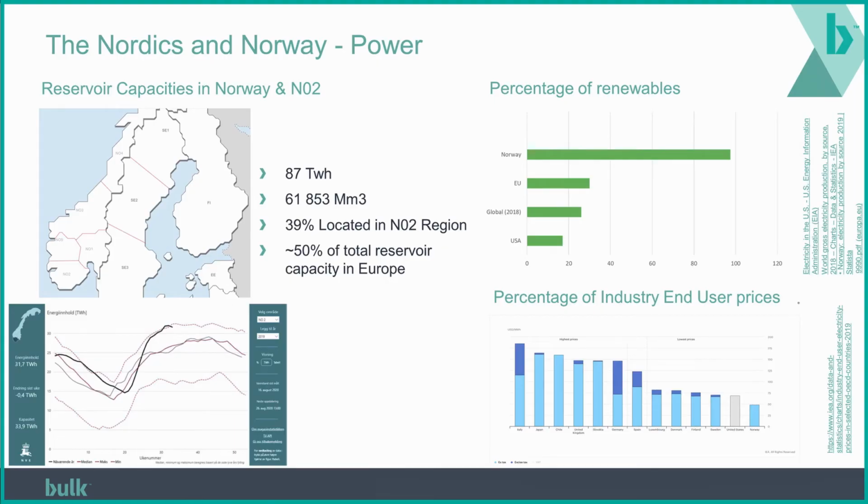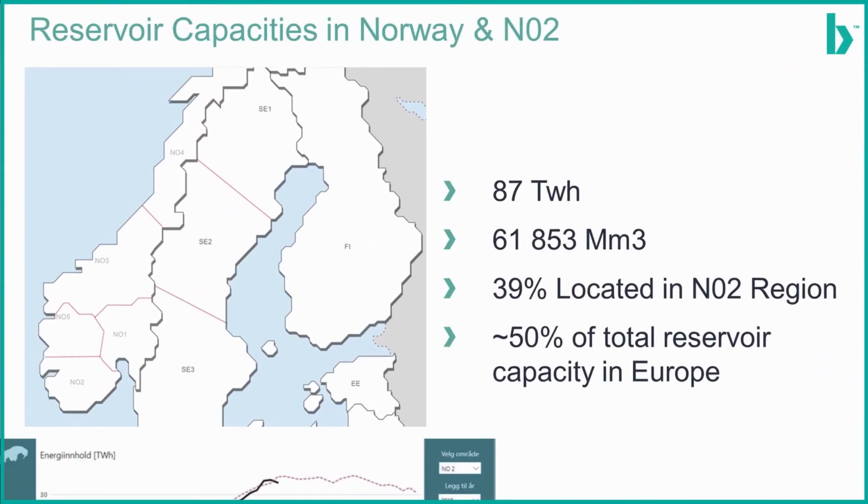And looking at the map here, you can see, for example, in Sweden, there's a few different areas with the predominance of hydro generation in the north of the country. And in Norway, there's 5 different areas. And our mega campus, which I'll talk about in a moment, is actually on the very southern tip of Norway